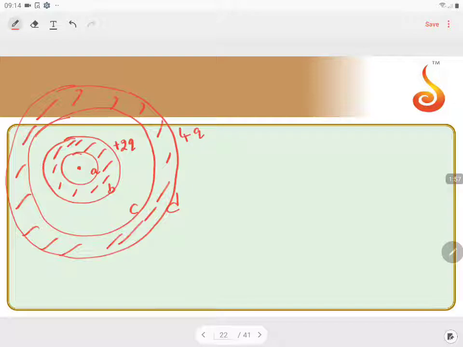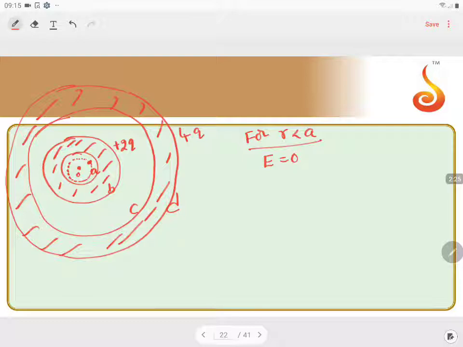So if I consider one point here, for r less than a, here we will not have any charge. O is the common center. If I construct one Gaussian surface, that Gaussian surface will not include any charge. So for r less than a, the electric field will be 0.